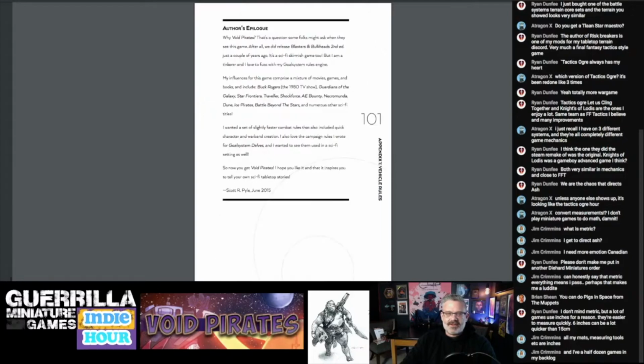And then we're into the author's epilogue. Why Void Pirates? That's a question some folks might ask when they see this game. After all, we did Blasters and Bulkheads 2nd edition just a couple years ago. The idea here is using the heroes, basically, being able to design cool heroes. Inspirations were Buck Rogers, Guardians of the Galaxy, Star Frontiers, Traveller, Shock Force, AE Bounty, Necromunda, Dune, Ice Pirates, and